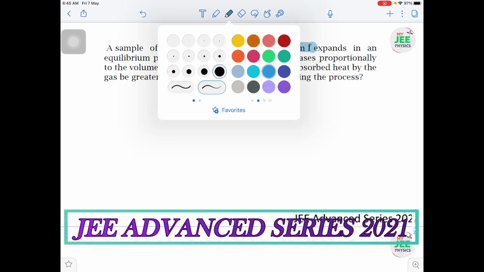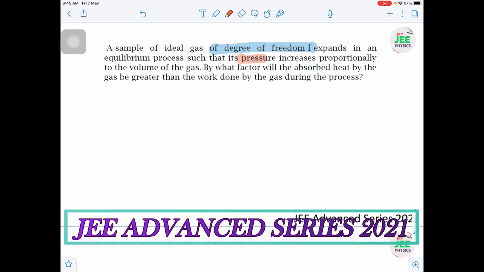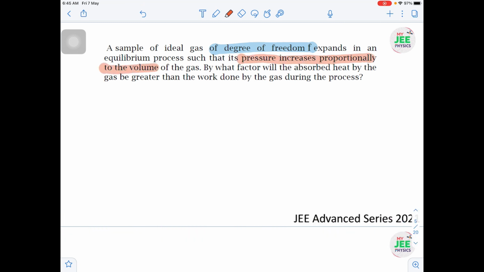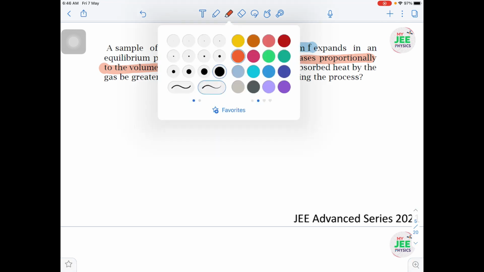See, as I keep saying, always read the question carefully. In the question you will find three parts. The first part we usually call data, so the required data they will give. In the second part they will give the condition of the question, and we have to follow that condition so that you get the required answer. The third thing is they'll ask you something. So this is the question format. Usually whatever question you see, these are the three formats they follow.